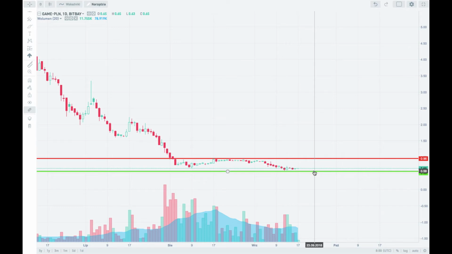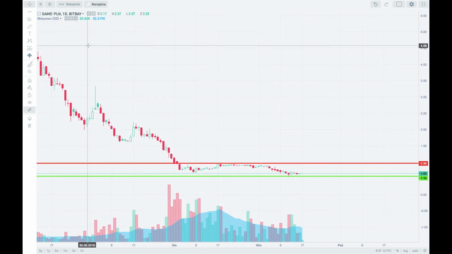But the first thing is that the dominant trend is still down. If the trend is down, we are obviously interested in trading with the trend. But because the price is very low right now, we might assume that sooner or later this trend will finally be completed and will terminate. But we have to wait for clues, for signs from the market, that the trend is in reverse mode.